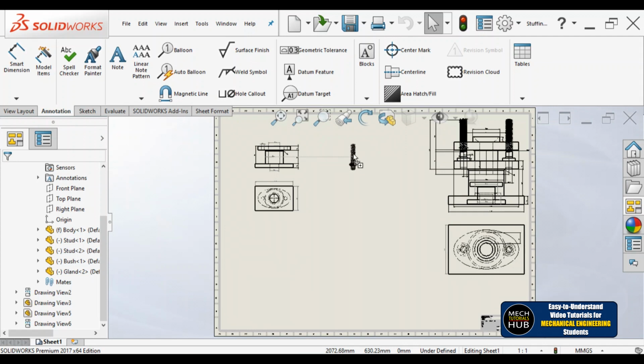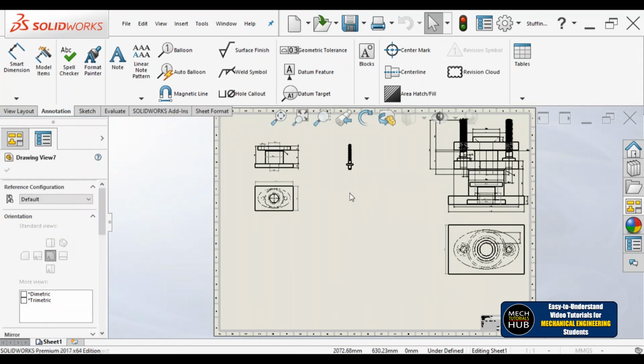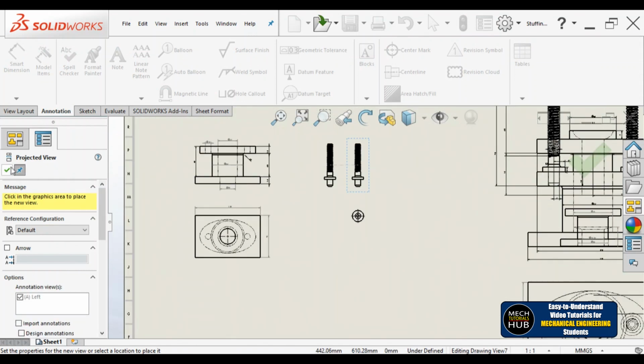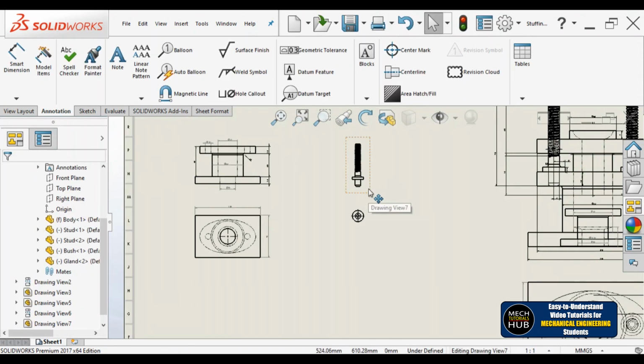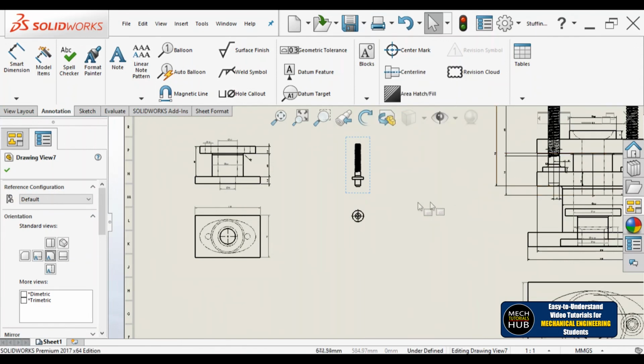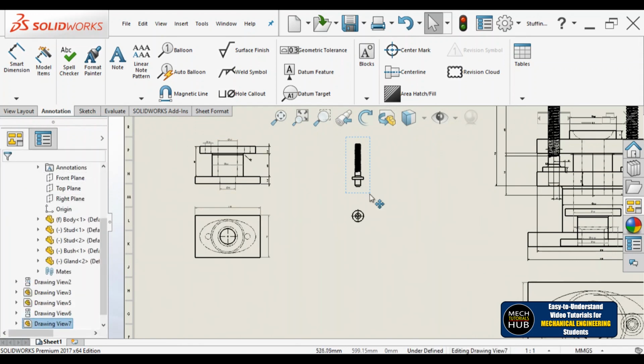Now try to understand, when I'm placing the stud over there, it is aligning with the body, or else it is aligning with the assembly. That should not happen. Now you'll get the top view also. Let me increase the size. Before doing that, let me right click on the stud and break the alignment, so that I can move wherever I want.